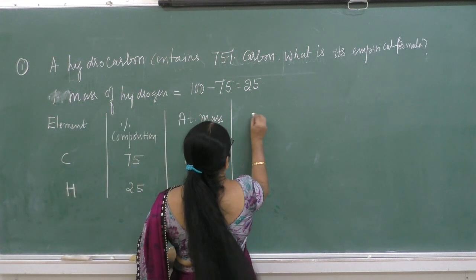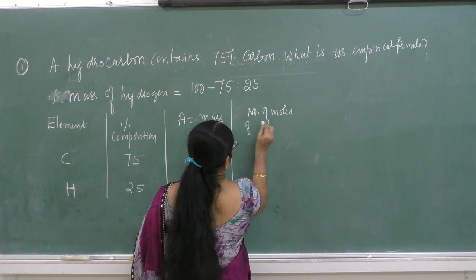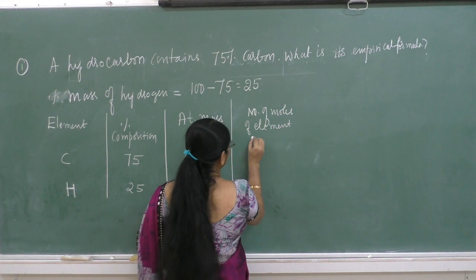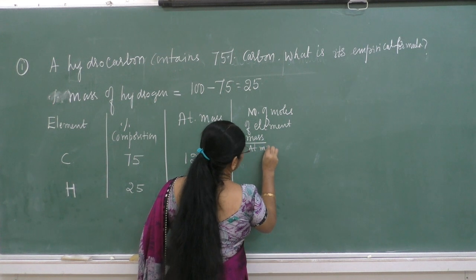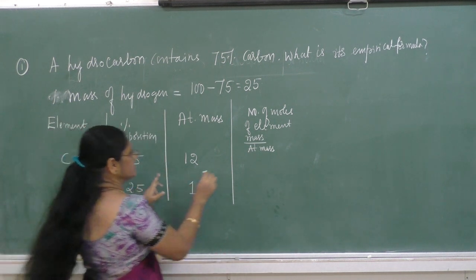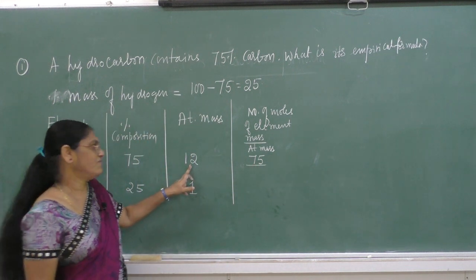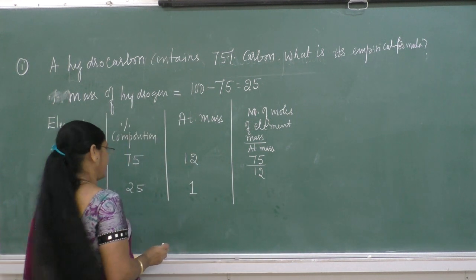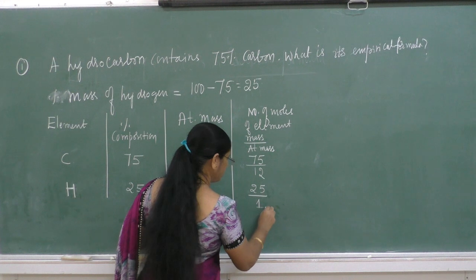So this is calculated by given mass divided by atomic mass. The given mass here is 75 divided by the atomic mass of carbon, that is 12. In case of hydrogen, the given mass is 25 divided by its atomic mass, which is